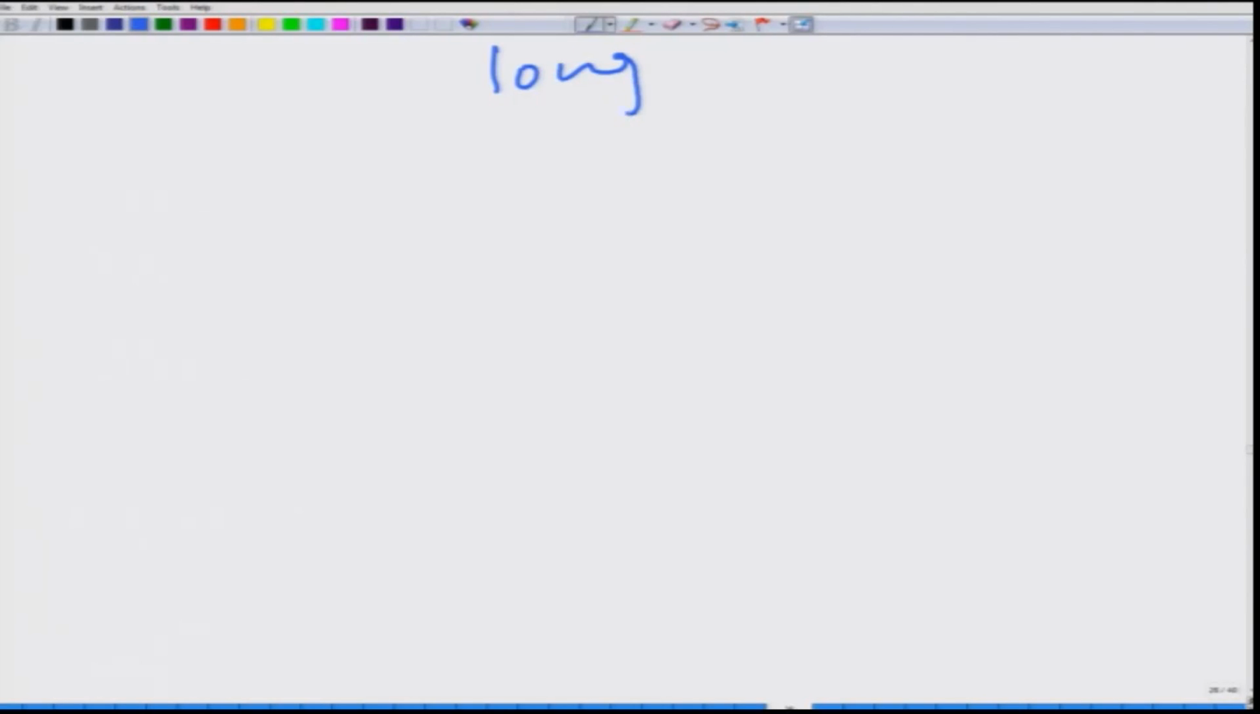So, we are going to talk about long run equilibrium and long run supply function in the case of a perfectly competitive environment, as well as for a firm operating in the perfectly competitive market. So, long run. What we saw earlier when we were talking about a firm operating in the short run,